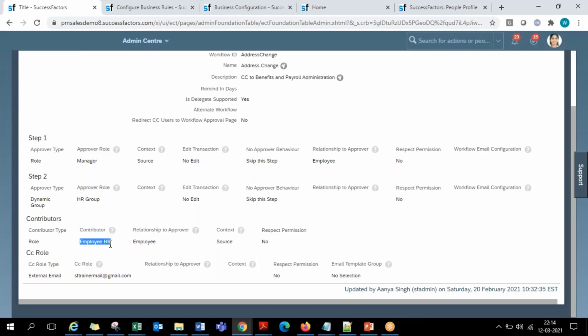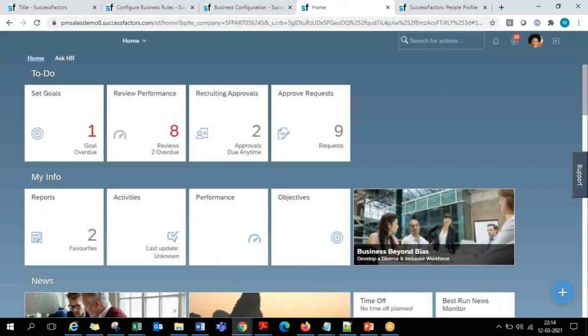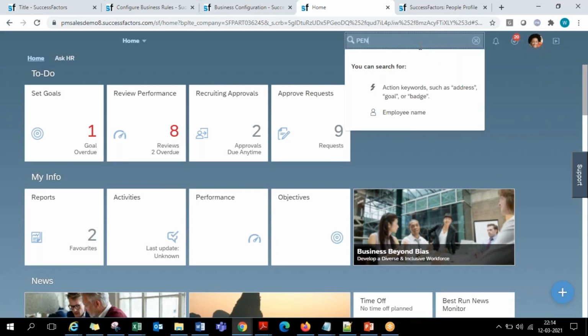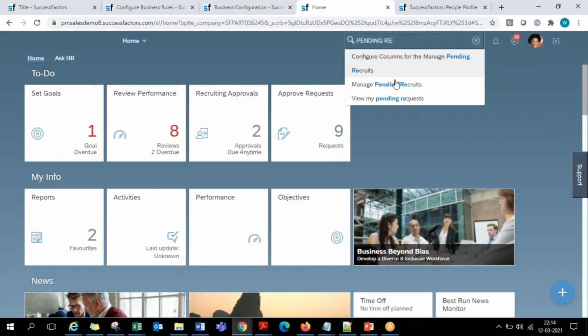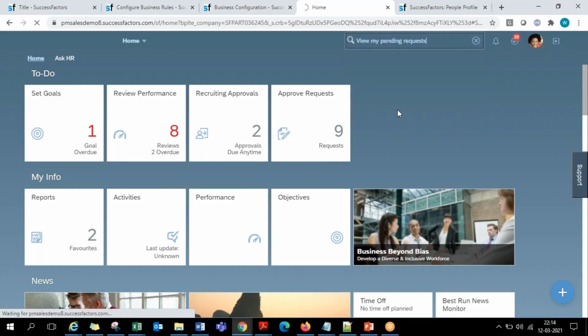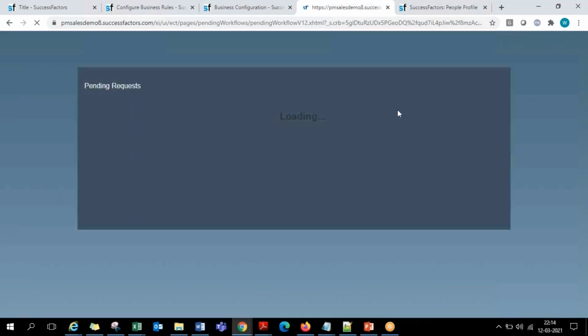It doesn't mean that she has to mandatorily go to all 500 requests and do something. It's an option given to them. It's not her to-do item. If she already received an email saying that you are the contributor for this workflow, and she really wants to involve herself, she can go to that pending request screen that I told you about previously. In that, she can find the item which is waiting, which came to her window as a contributor.